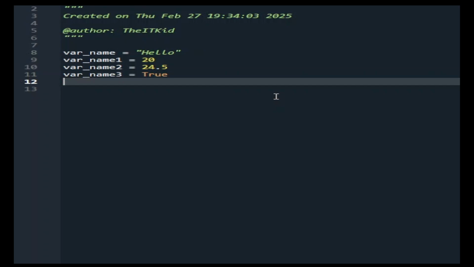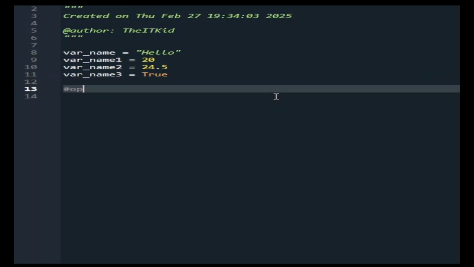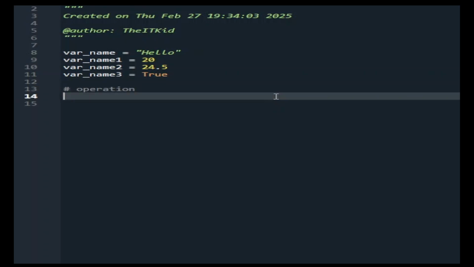Variables, in more ways than many, will make up everything that you want to do. Outside of just print statements, you want to assign a certain variable to some kind of object if you're doing an operation. One example would be here. If you want to do some kind of math